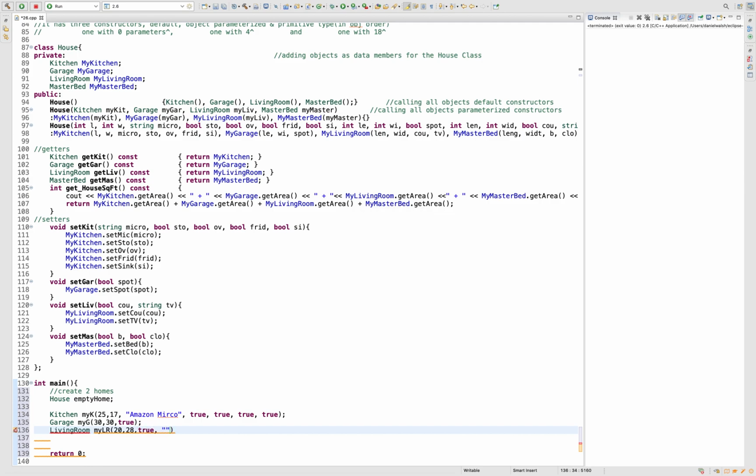And for TV, we got like a Samsung. We'll say it's a big one, 130 inch. I don't know if that exists, but if it doesn't now, it will. Next, let's do the master bed,